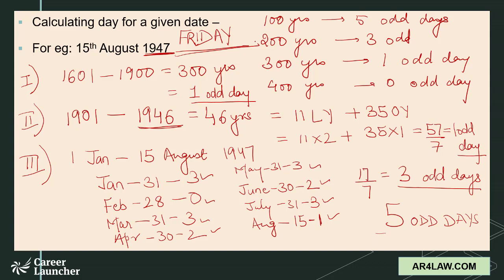And I'm going to tell you a trick where you are saved from this entire calculation. Let's have a look at that. Now this particular method is code based. So the only effort that you need to take is to remember some codes. Probably some 11, 12 numbers. Let's have a look at them.